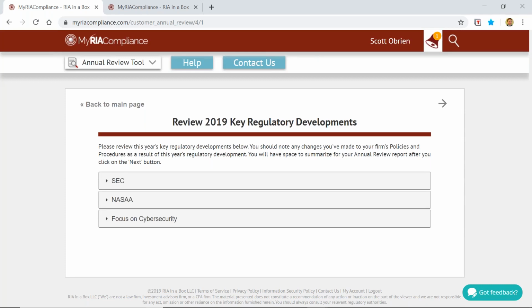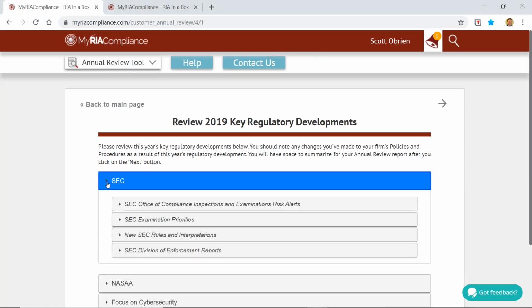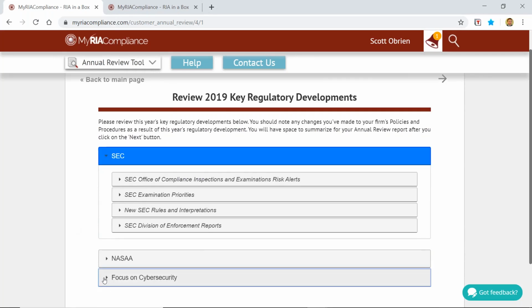Business developments is somewhat covered in that firm background section. The regulatory developments here, we show you relevant developments that you may want to take into account, review, and how those may have affected your policies and procedures. So for state firms or for SEC firms, they would only see the SEC relevant regulatory developments, as well as the focus on cybersecurity